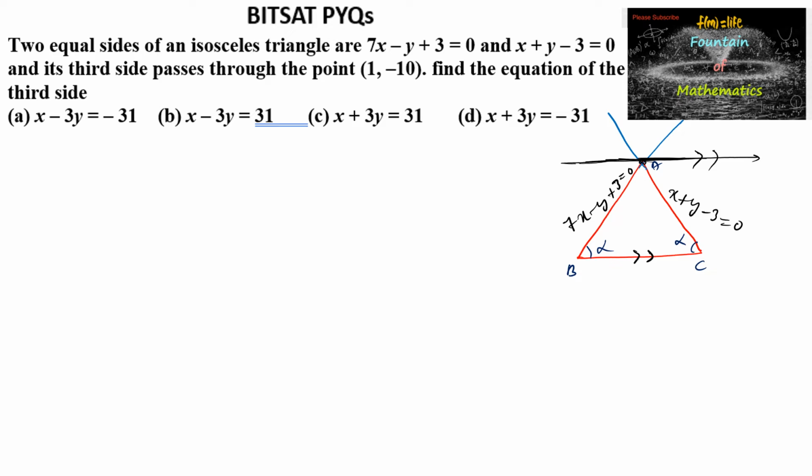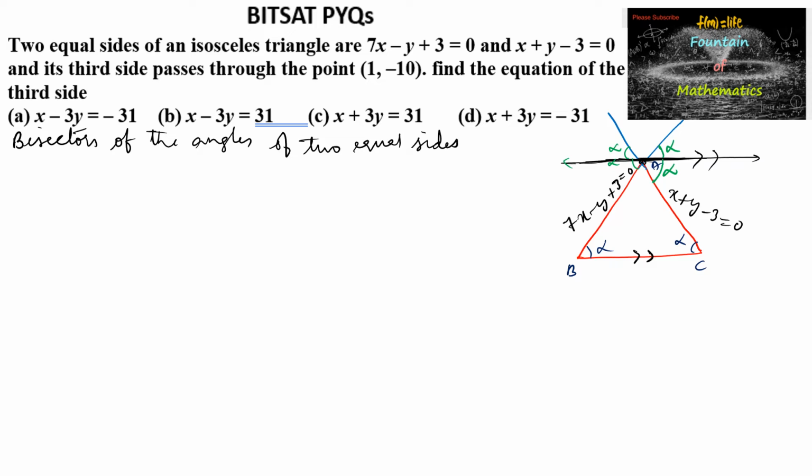Since it is parallel, we can say the angles are equal. So here it is alpha, and here also alpha, and here also alpha, and here also alpha. So we can say this line is an angular bisector of the two equal sides. So let us find the angular bisectors of the angles of two equal sides